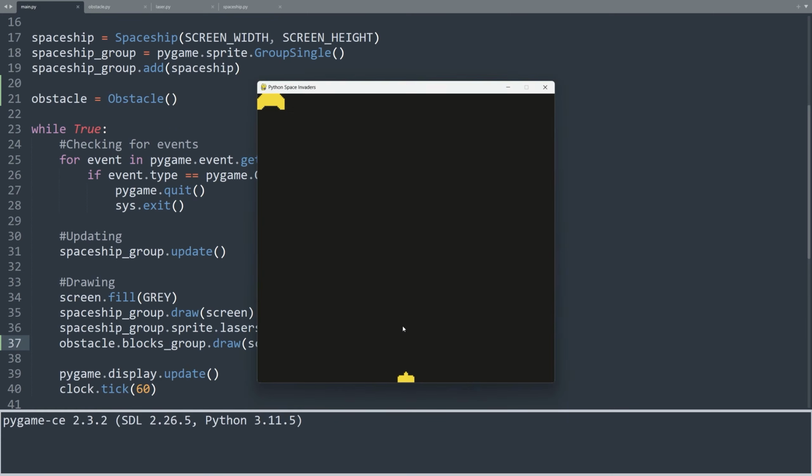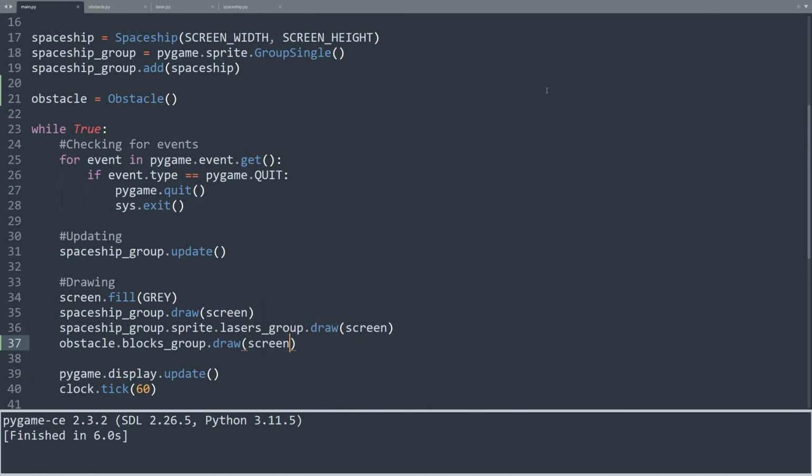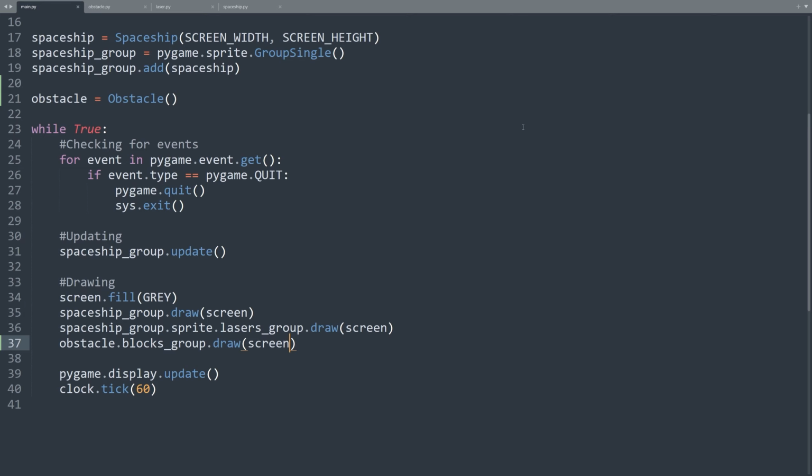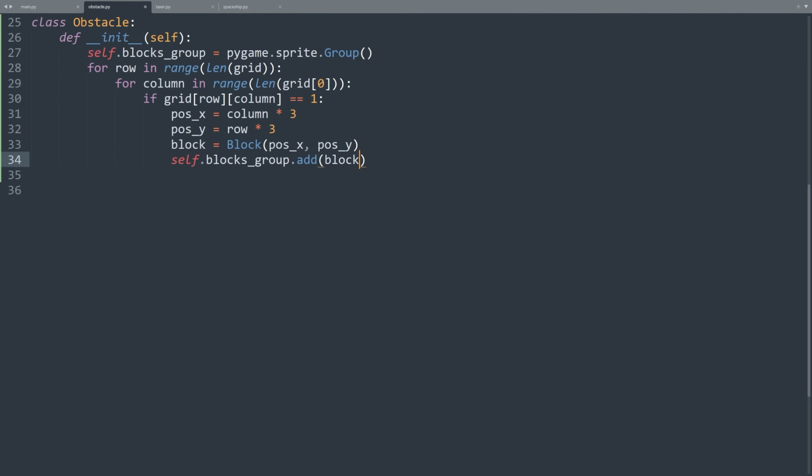You will notice that an obstacle has appeared at the top left corner of the screen. However, to make this class more versatile, we should have the option to place the object anywhere we want on the screen. Let's implement this feature. Back to the obstacle.py file. To make the Obstacle class more versatile and allow us to place it anywhere on the screen, we will introduce some changes. First, let's modify the constructor of the Obstacle class. The init method must accept two additional arguments, x and y, which represent the desired coordinates where the obstacle will be positioned. Here's how we can modify the constructor.